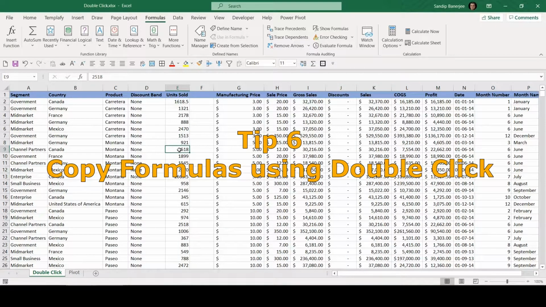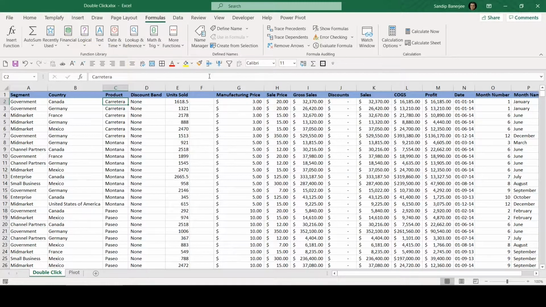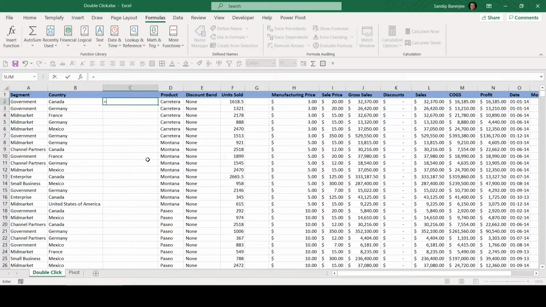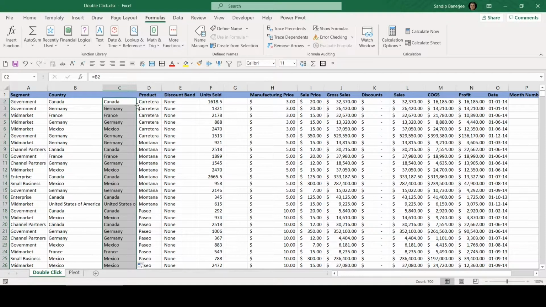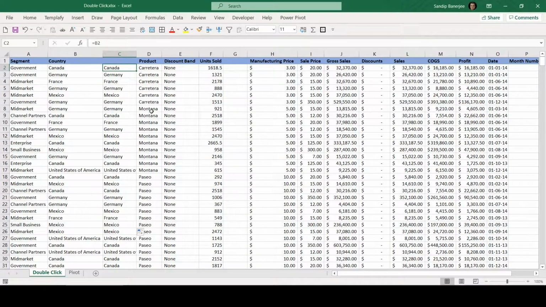Now let me show you another thing. Maybe I have a formula in one of my columns. Let me just add one here. If I type a simple formula, that is, it's equal to this particular cell, then I have a formula here, right? And if I want to copy this entire formula, the only thing I need to do is locate this autofill handle. And if I double click here, it will copy this entire formula. You can see in any cell, if I click, that formula is already here. So if you want to copy the formula from a cell to all the cells below, you just need to double click.